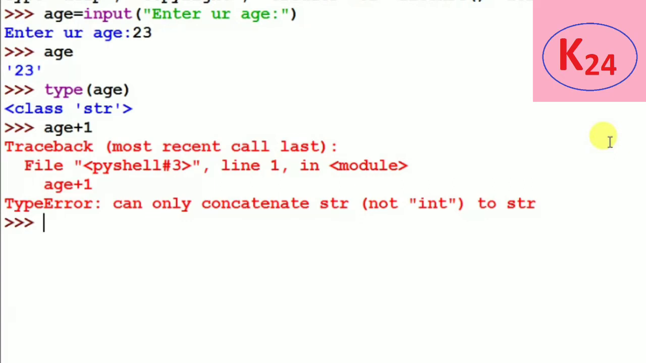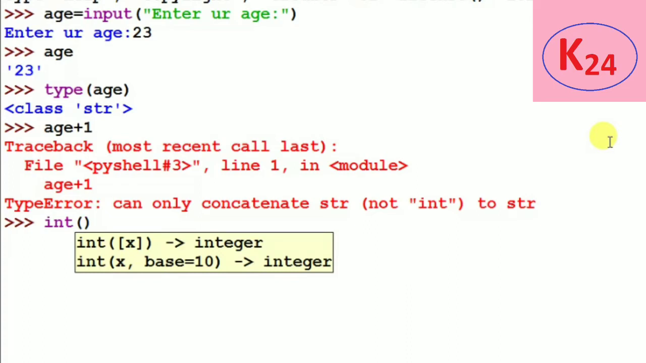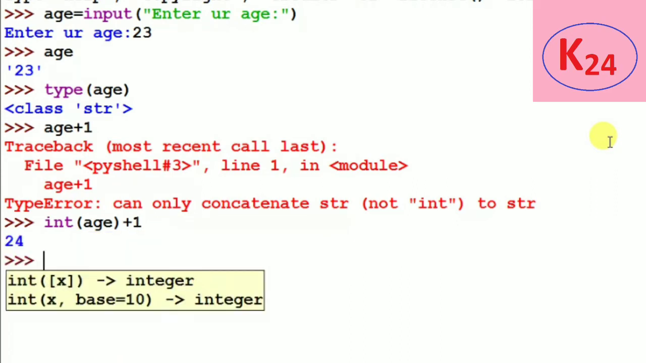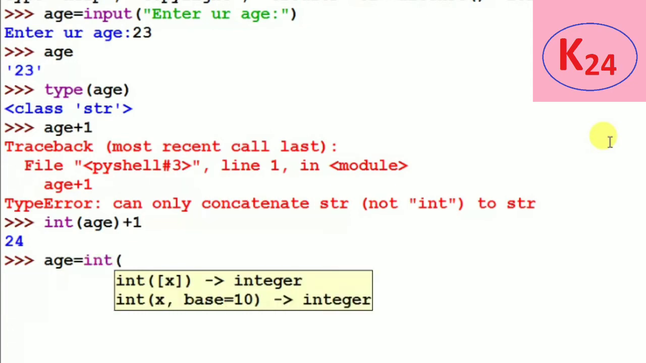Python provides a solution: two functions, which are the integer function and the float function. They convert the values received through the input function into integer or float type. For example, we will write int of age plus 1, then it will give the value 24, or we can write these two statements into a single one, that is age equal to int function, and in this we again write the function input,